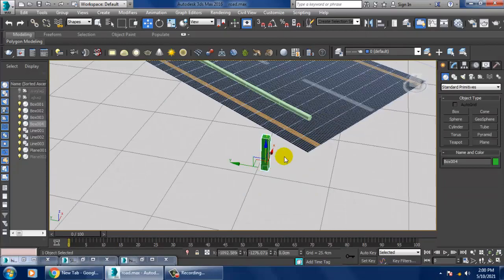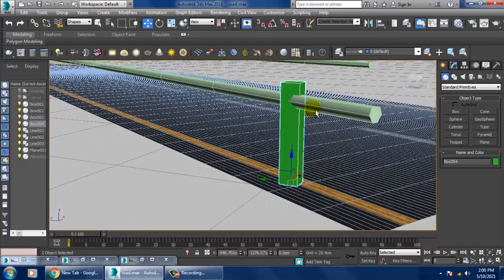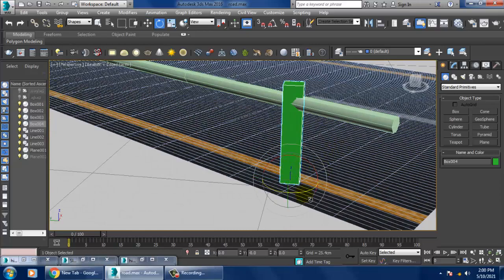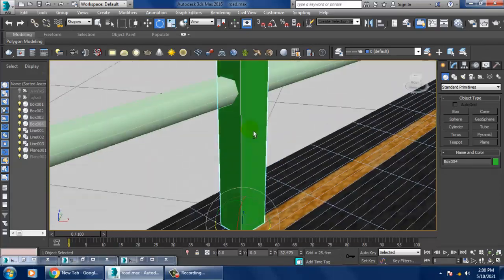So I can just shuffle this over here and this way. Much better.